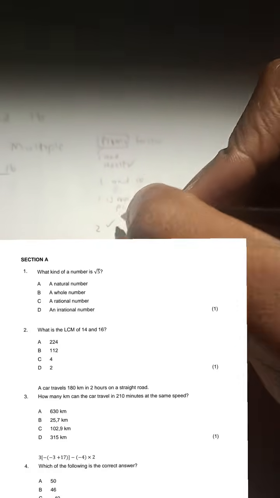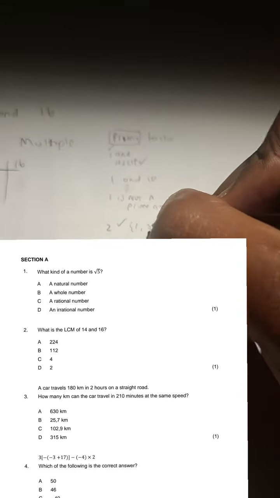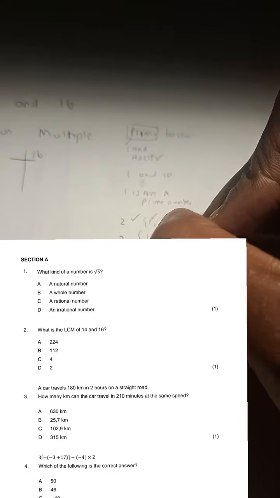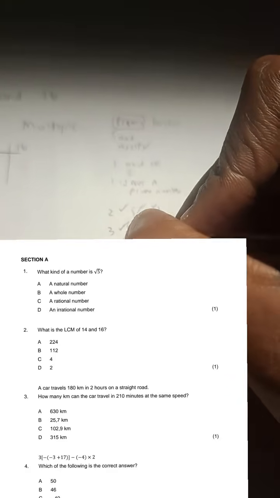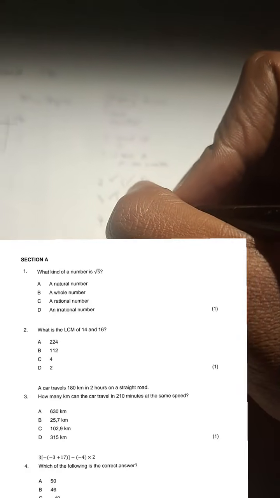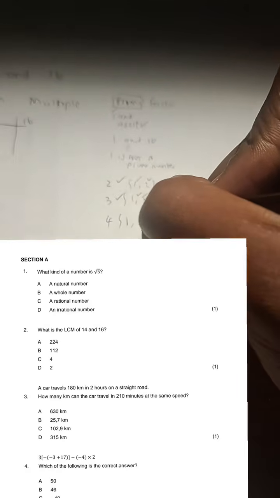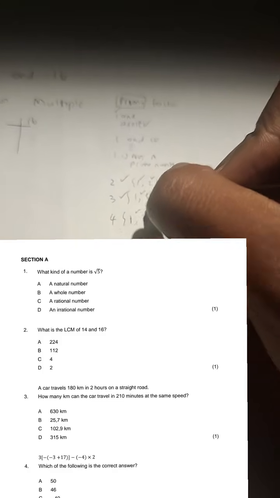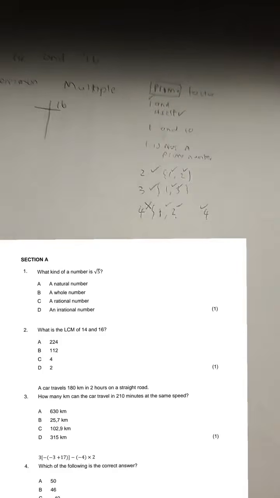What about 2? Yes, it is, because the factors of 2 are 1 and itself. What about 3? 3 is a prime number because the factors of 3 are 1 and 3. What about 4? Well, 4 is not a prime number because the factors of 4 are 1, 2, and 4. 1 goes with 4, 2 goes with itself. There are 3 factors. So 4 is not a prime number, but rather we call this a